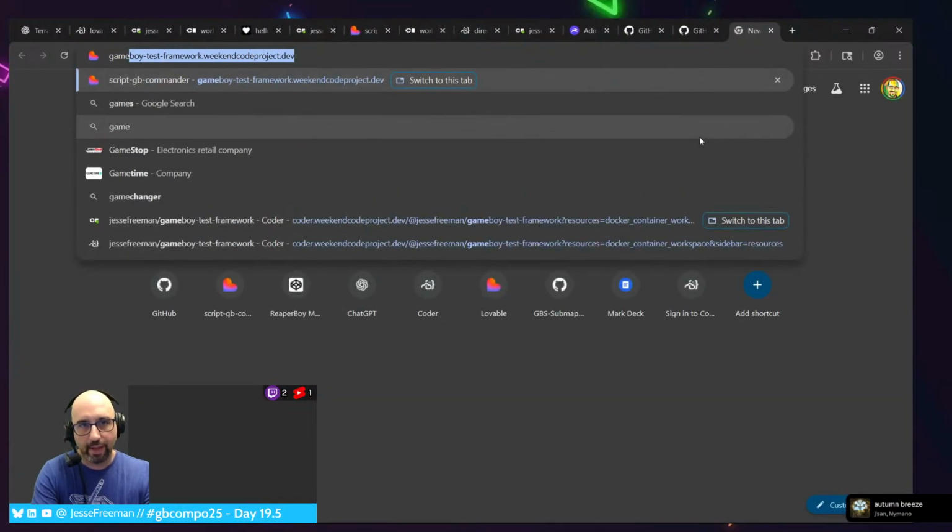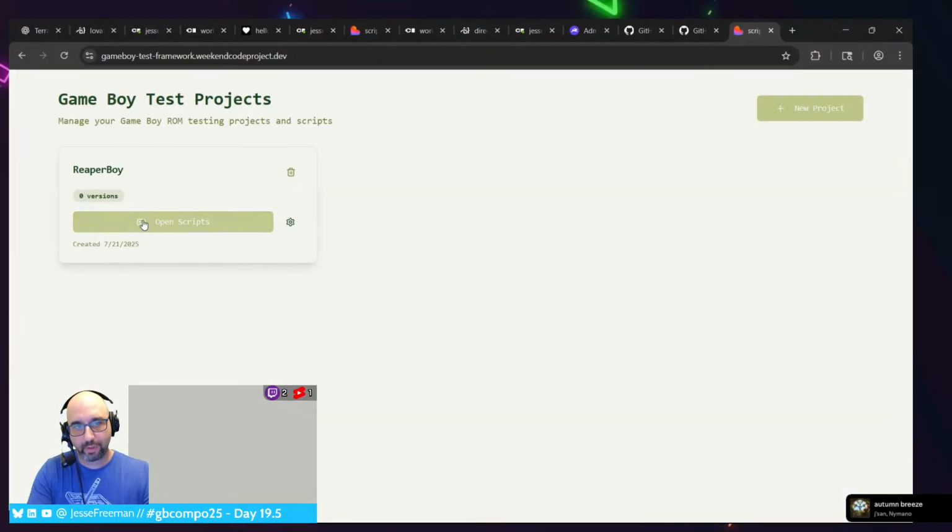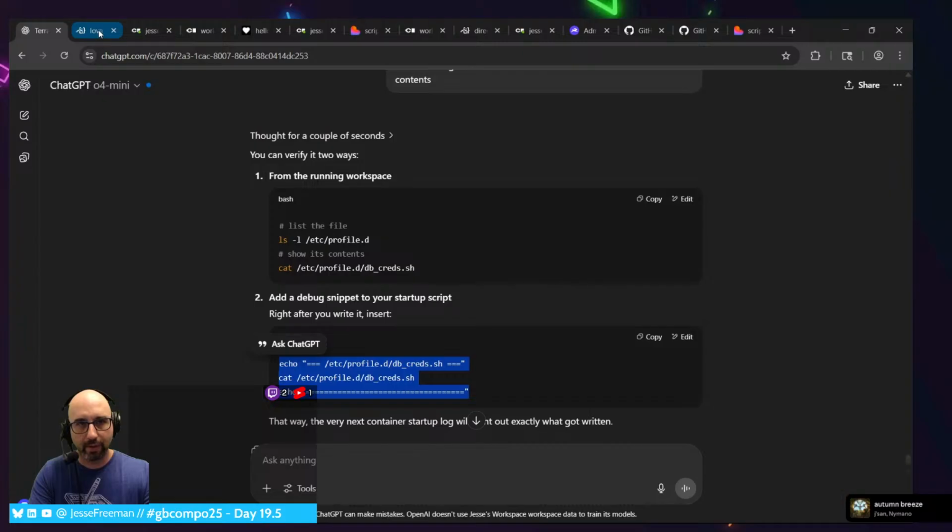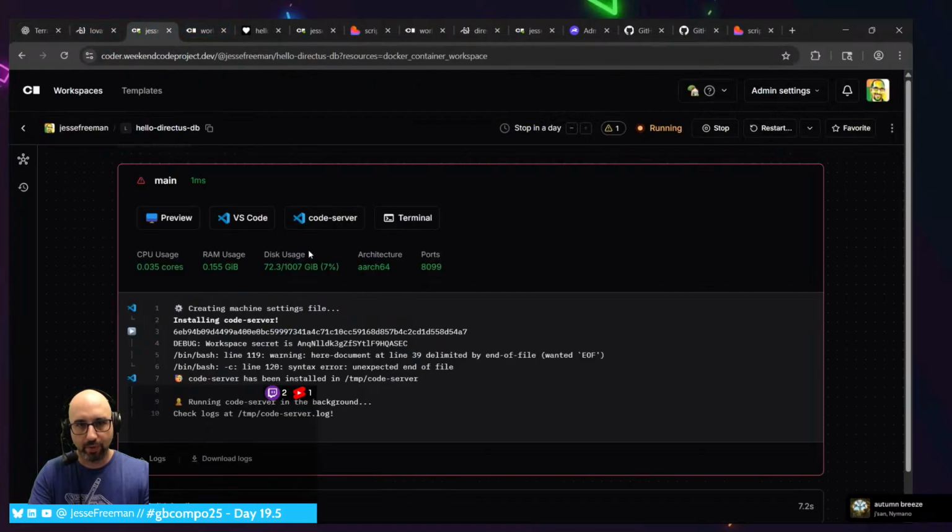I have a Game Boy test framework, and the idea is that this will allow me to build scripts to test different button presses at specific times and take screenshots of the results, but I need to move this over to a database, so I'm trying to deal with all the database wiring, which is what I'm failing at.